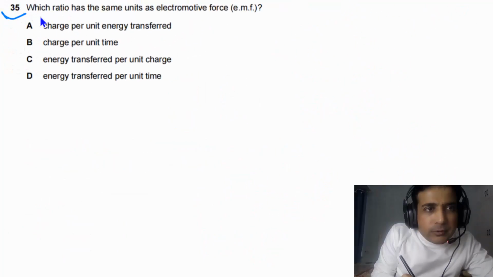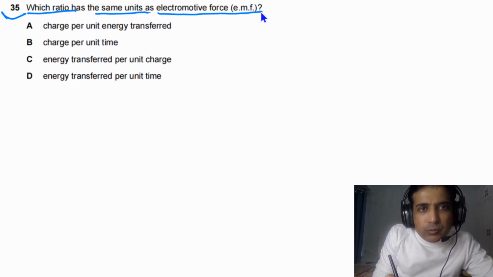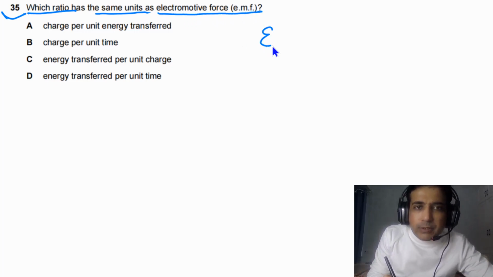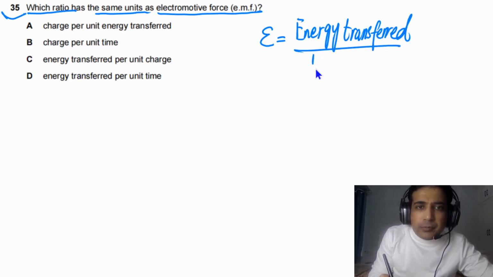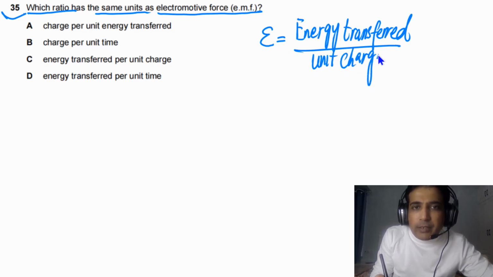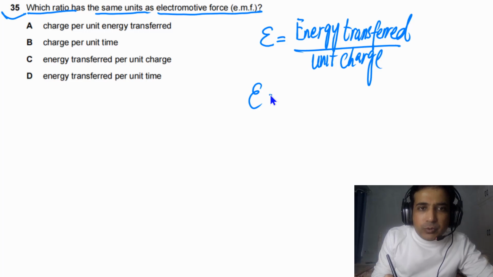For question number 35, we need to find out which ratio has the same units as electromotive force. First of all, we can understand what electromotive force is. Electromotive force is simply equal to energy transferred per unit charge. This is how we define electromotive force, or simply you can say this is equal to E divided